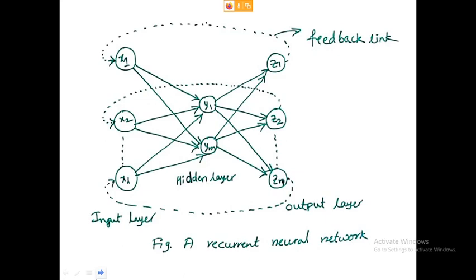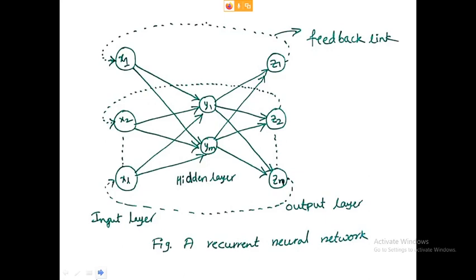In this diagram, the dotted lines represent the feedback links. Z1 is fed back to x1, z2 is fed back to x2, and zn is fed back to xl. Even if you have a single feedback, that is treated as a recurrent neural network.